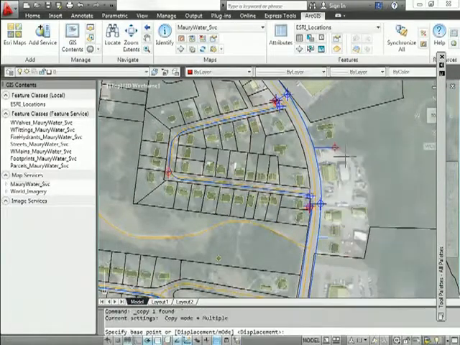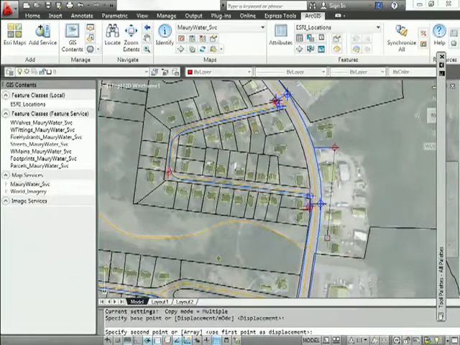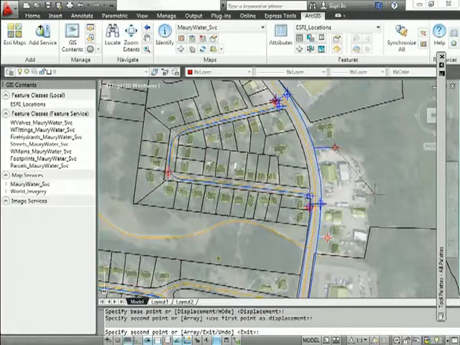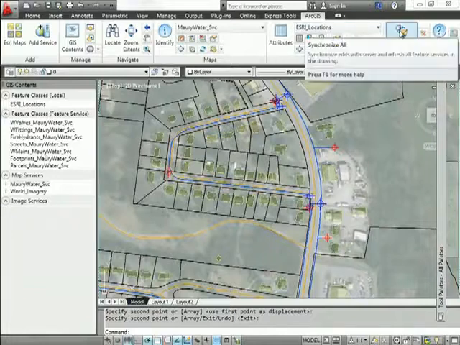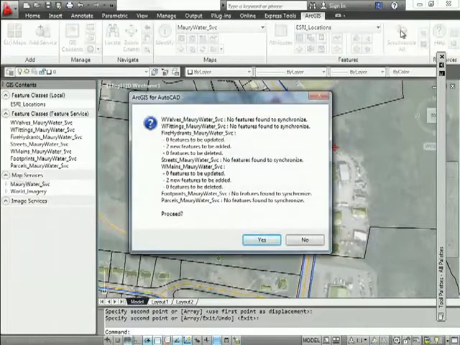I'll take this one, and this is an interesting one. I'm going to take this and I'm going to place it at the end of this water line. Okay, now that I've added in the new information that I want to do, I also want to go back and save this back to the server so everyone else can see the changes that I've made. Now I could go over here to the left and synchronize these or save these on a layer by layer basis. But I'm going to go ahead and use this Synchronize All,